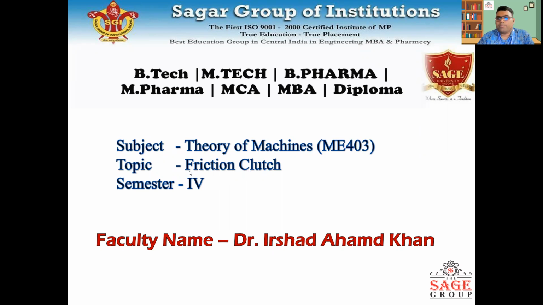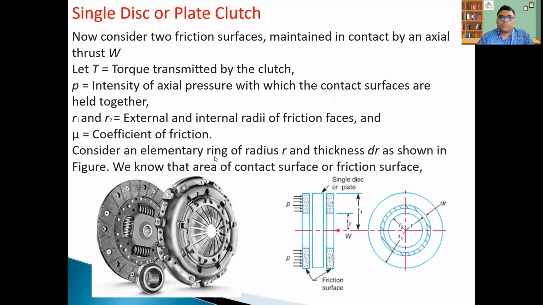And this is one of the very important elements of a machine, especially in the automobile: the clutch, or we can say the frictional clutch. So the frictional clutch, we know, is used to engage and disengage the driven and driving shaft. When we are using the transmission system, while shifting the gear, we have to disengage the driven and driving shaft. So this is a very important element of